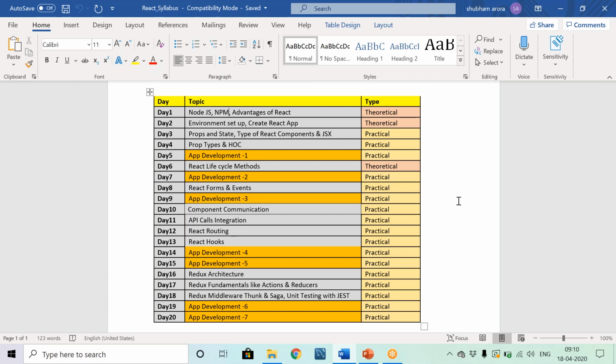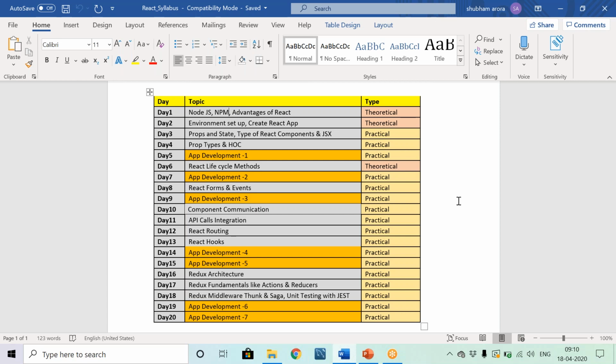Then we'll see component communication. As we have already told you, everything in React will be components. So it is quite a necessity that all the components should communicate between themselves. They should be able to pass a set of data and capture some set of data. For that, we'll see how the components communicate with one another, right?